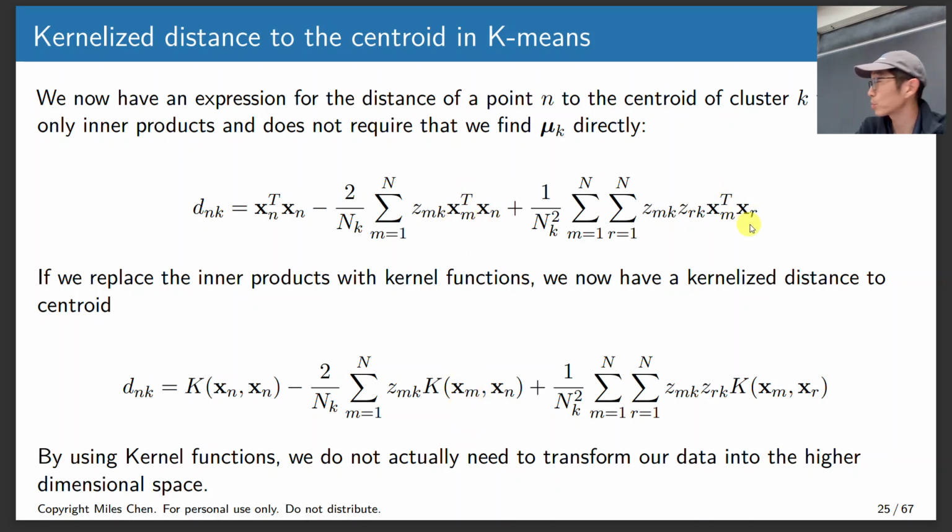Here I have xm transpose xr. What if I use a kernel function here? And again, by using the kernel function, we don't actually need to transform our data from the lower dimension to the higher dimension. We can just skip over that and get straight to the answer with the kernel function k. All right, let me give you your first view quiz answer, which is